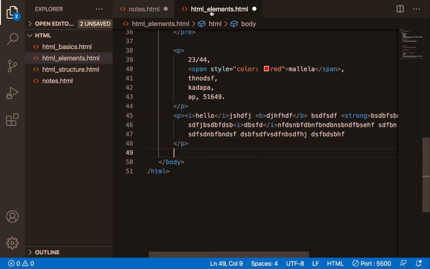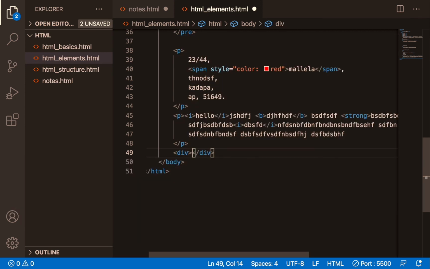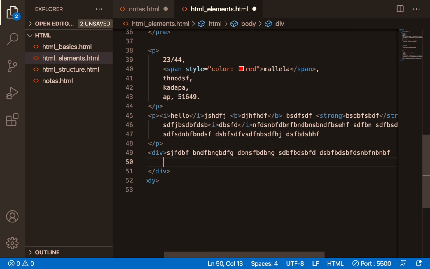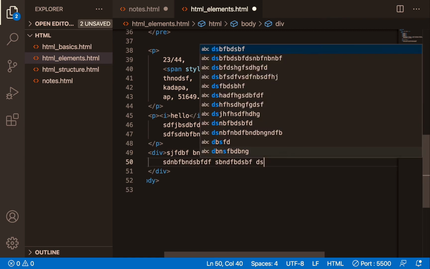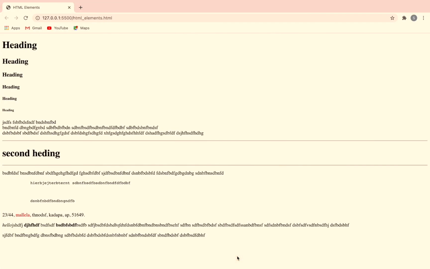I will tell how this div will work. We will write it in a similar way to the other elements. We will write some text, save it, and go to the browser.